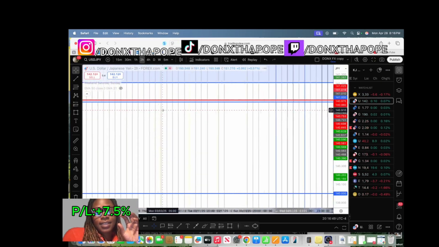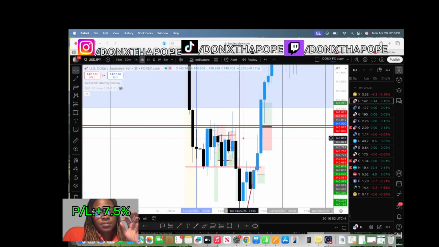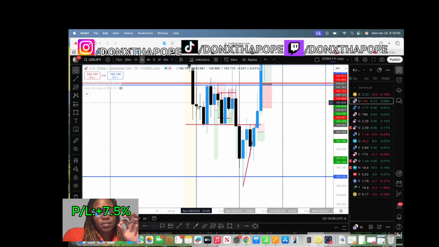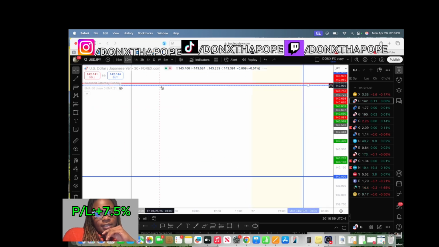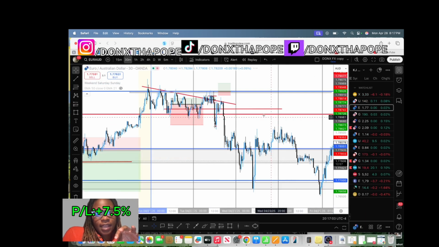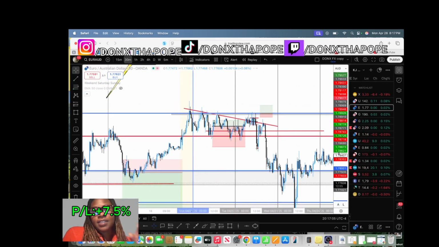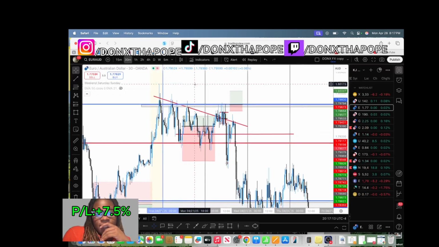Honestly, that's why I don't recommend trading on that small time frame. I could have definitely been on a bigger time frame. Look at this huge range it went in before it broke out. I could have saved all of those. Okay. Let me make sure I got it all. Also, I did 15 trades the whole week. I probably did 11 trades on Monday. That's why it's not safe.